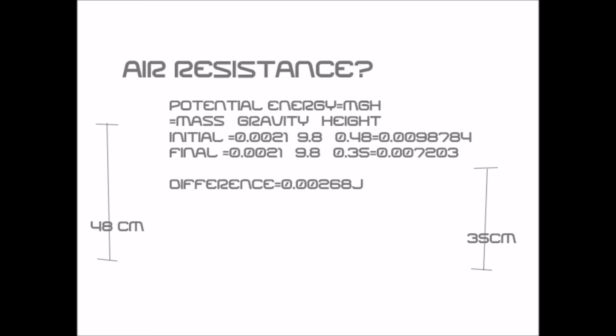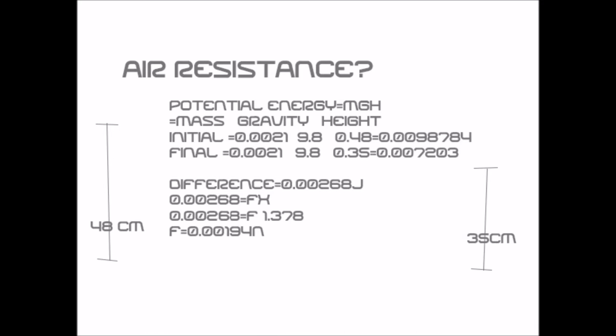From this, we can compare the potential energy due to gravity through the formula mgh, or mass gravity height. The initial potential energy is 0.0098784, and the final is 0.007203 joules. Now from this we can tell the difference is 0.00268 joules. Because energy is equal to force times distance, we can tell that